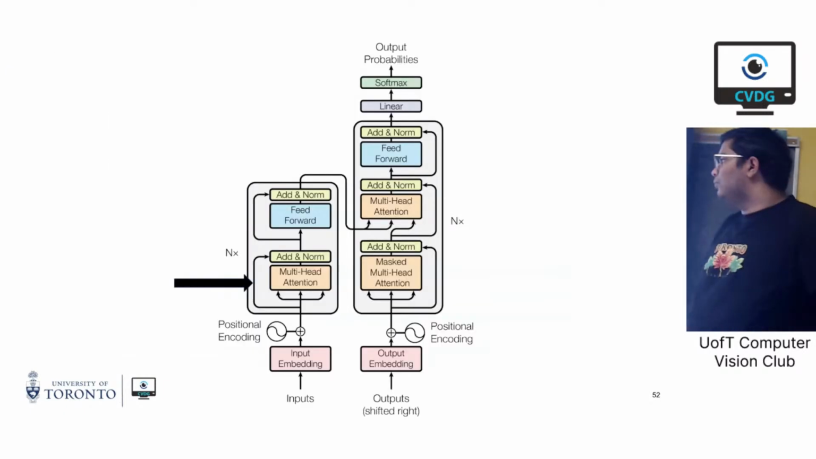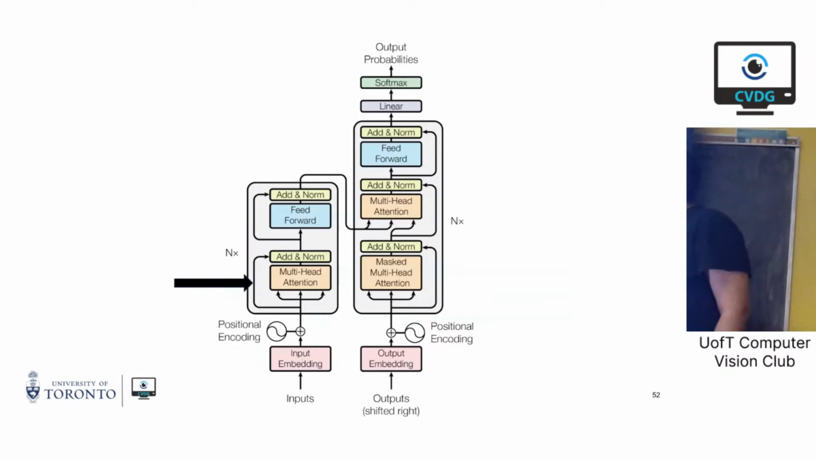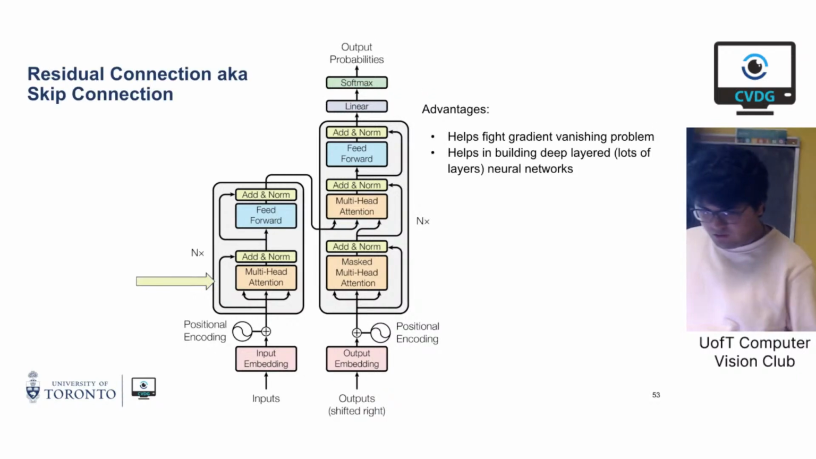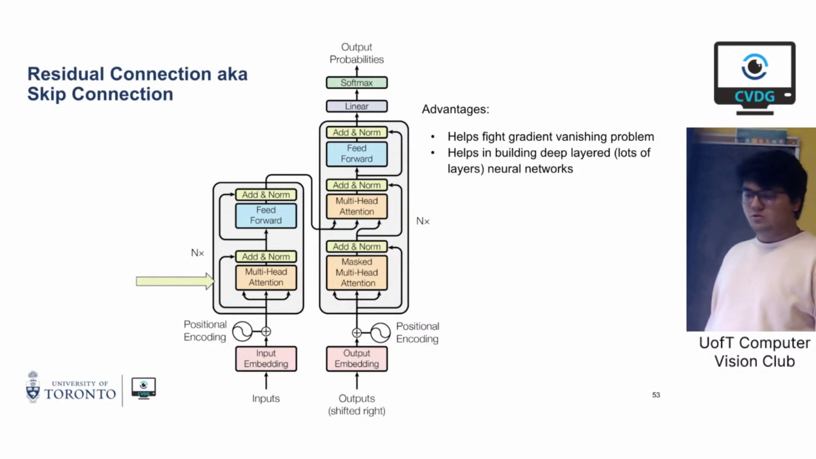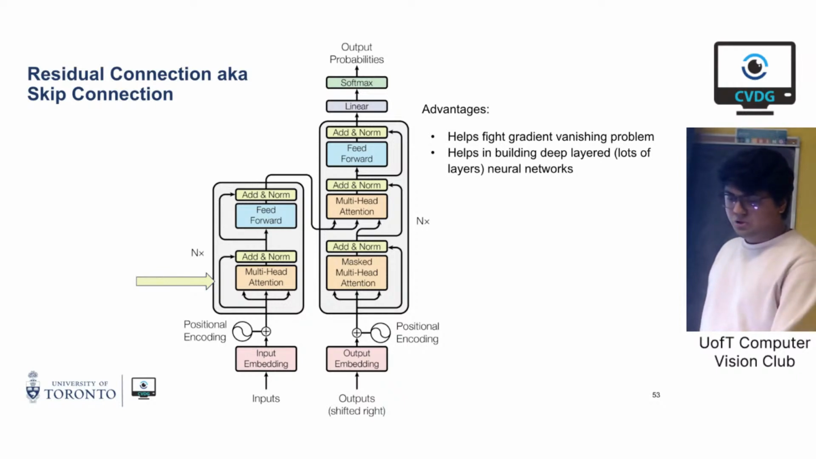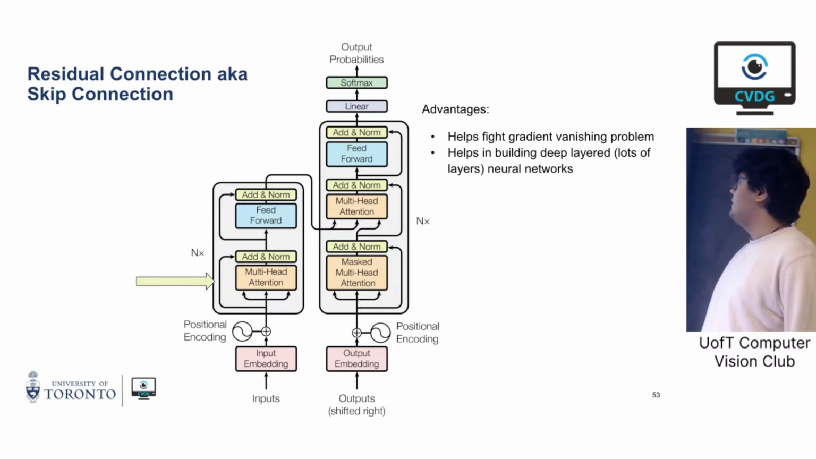Now we'll move on to the residual connection, which is this arrow over here. Residual connections are also known as skip connections. So basically, you take the position-aware embedding and you add it to the output of the multi-head attention. The advantage of using residual connections is that it helps us fight the vanishing gradient problem, which basically means that during